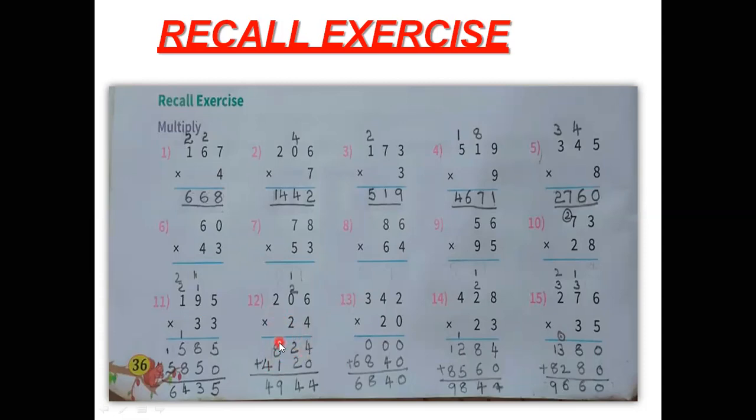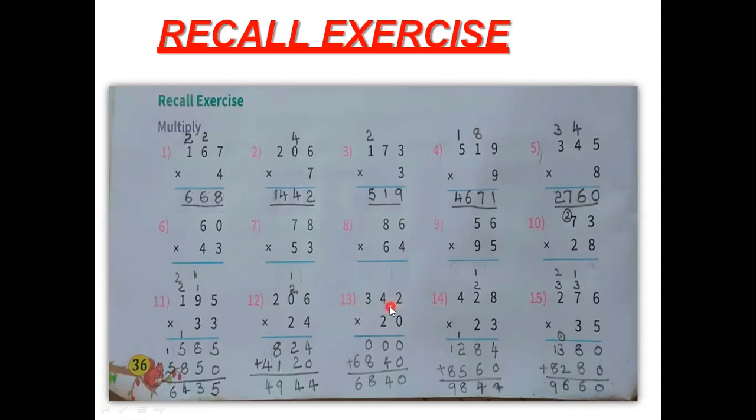So next, over. Now 206 you should multiply by 2. As I said, when you are multiplying in the tens column, here in the ones column you have to place 0. Now 2 6s are 12. So 1 you will carry up and 2 we will write in the tens place. 2 zeros are 0. So 0 plus 1, you have to write 1. Next 2 2s are 4. Now these two you have to add. When you add, we will get 4944. So next one, same thing: 342 when you multiply by 20.